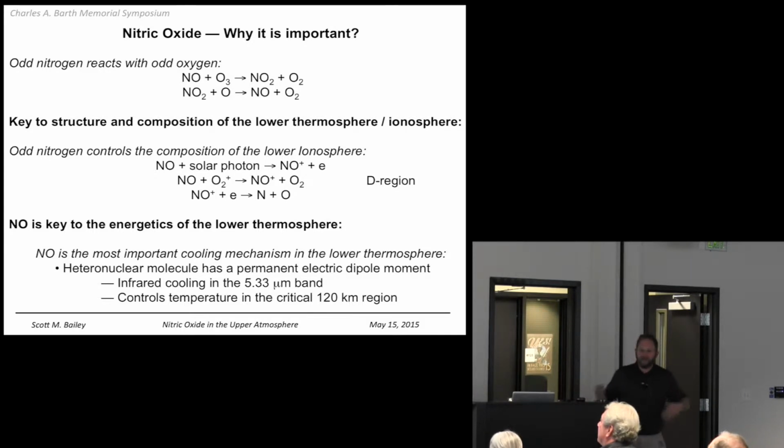But when we talk about the atmosphere, why is nitric oxide so important, one of the first things is that when it reacts with ozone, it reacts catalytically, meaning it reacts with ozone, the ozone is destroyed, but the nitric oxide molecule survives the process. And so wherever there are abundances of nitric oxide that meet up with ozone, the ozone is going to suffer for it. The nitric oxide will live.